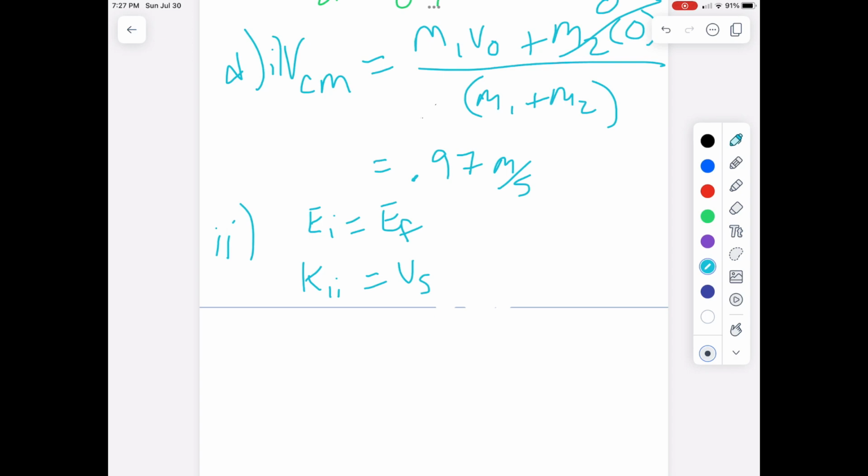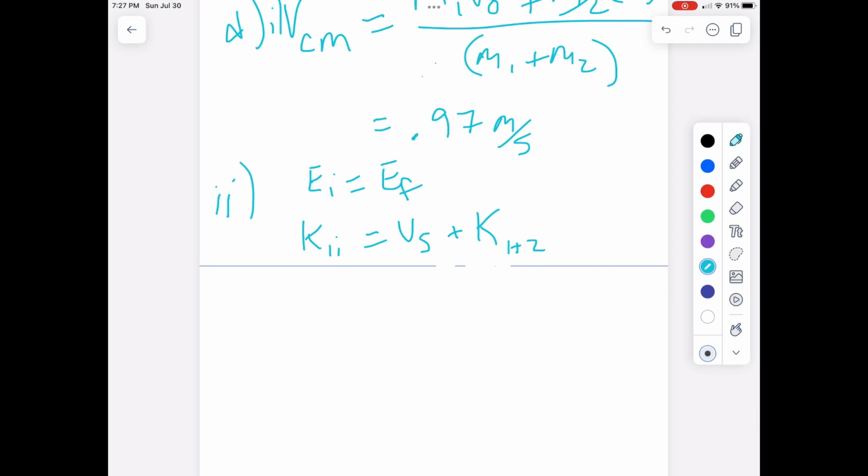But then I have to also account for the fact that when this spring is being compressed, these carts are moving in this collision. So then I get plus the kinetic energy of cart 1 and cart 2. Okay, so now I can say that 1/2 m1 v naught squared equals spring potential energy plus,